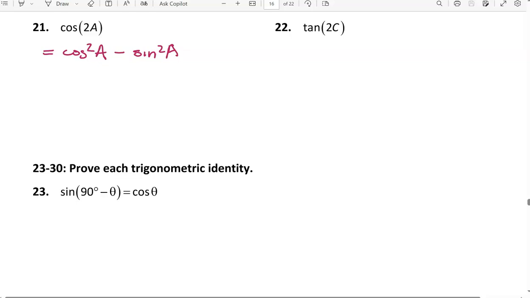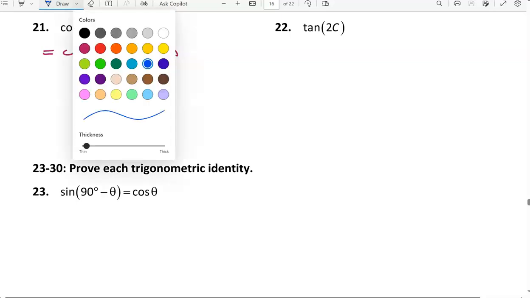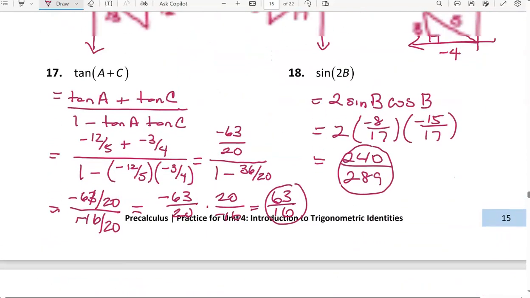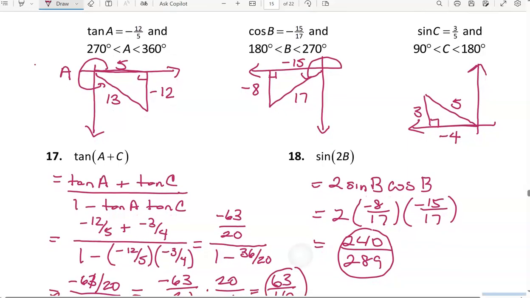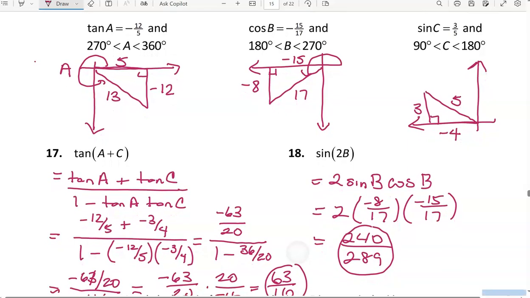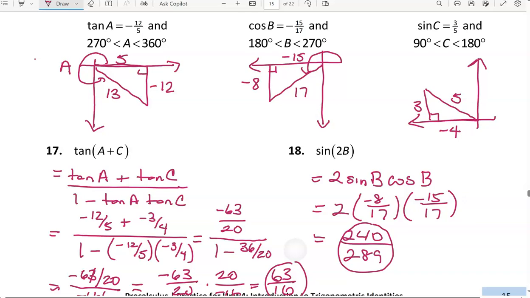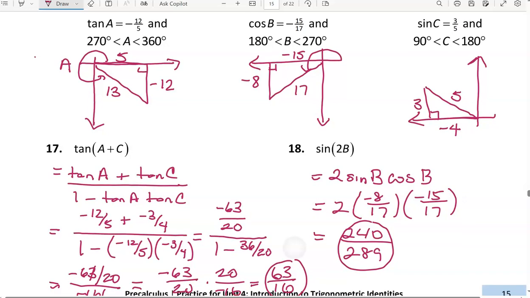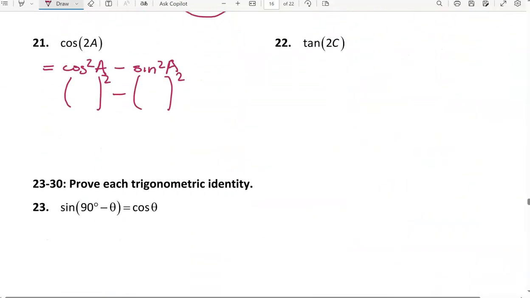Now all we have to do is look at our picture for angle A and find the cosine and square it, find the sine and square it, and then subtract. So let's take a look at our picture for angle A. The sine of angle A is negative 12/13, and the cosine of angle A is positive 5/13. So 5/13 squared minus negative 12/13 squared is